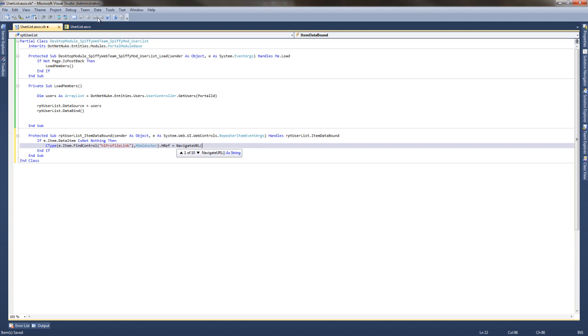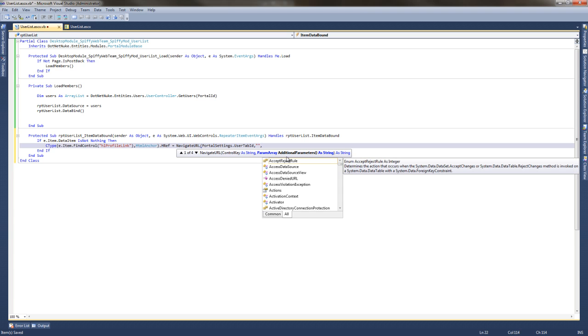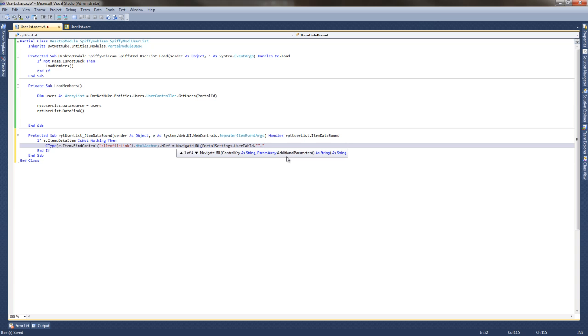So within one of the methods of the portal module base is portal settings. Portal settings will give us the current tab ID for the user's profile page, called user tab ID, I believe. Yep, there it is. And there's several overload methods for this, but the one we'll be using is the control key parameters one. So we don't need a control key, and then the parameters we'll be setting are the query string pages for user ID,